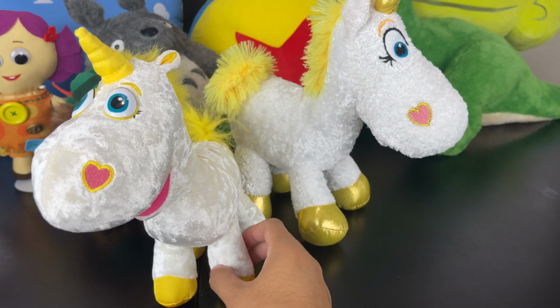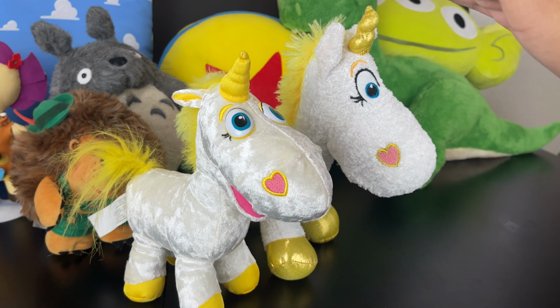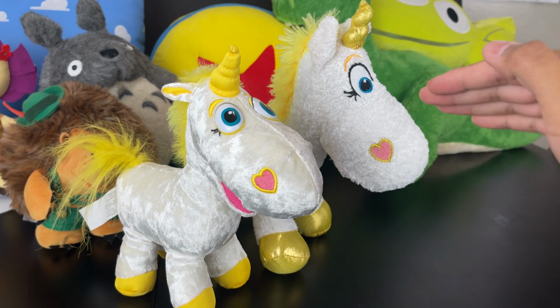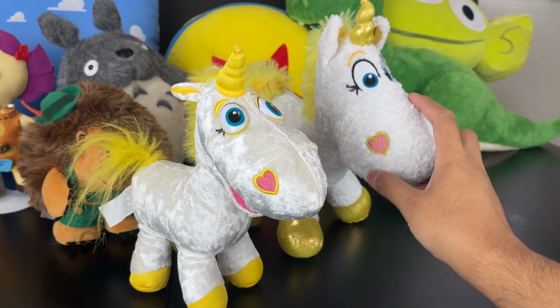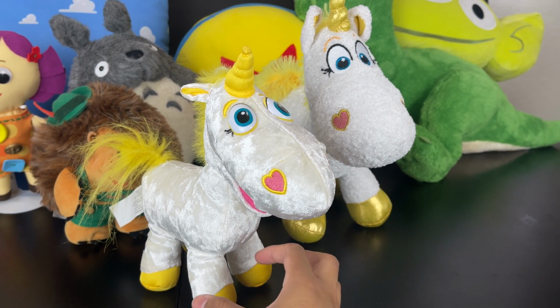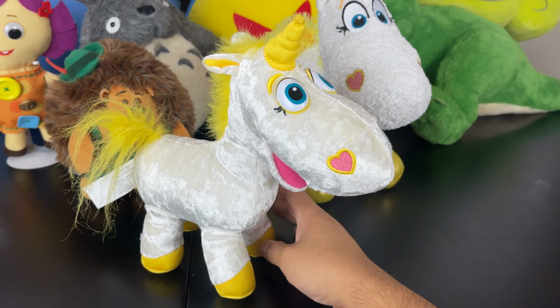Compared to this collection Buttercup, you can see the difference in size. It just kind of towers over, but it's fine. I think this is more movie accurate scale. This one's not, but it's still a really nice plush. If you can't afford this one, I recommend looking for a Disney Parks exclusive Buttercup because it's an awesome plush as well. But this one obviously is a more expensive and rare plush made by Thinkway Toys collection version